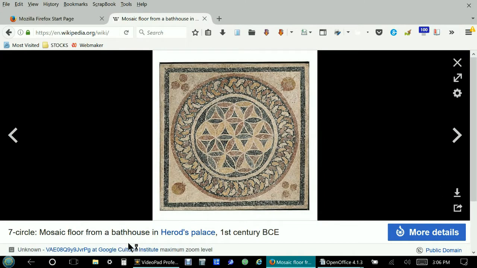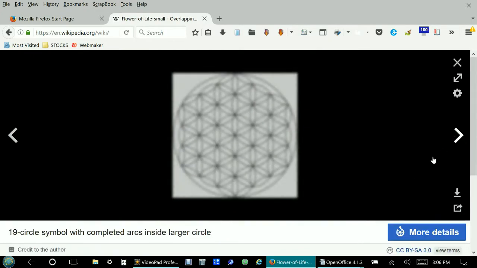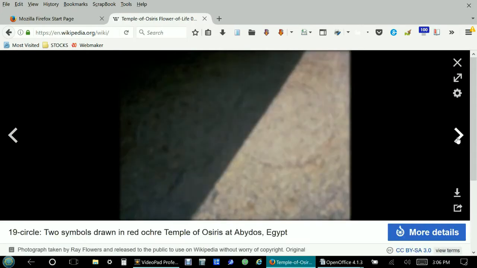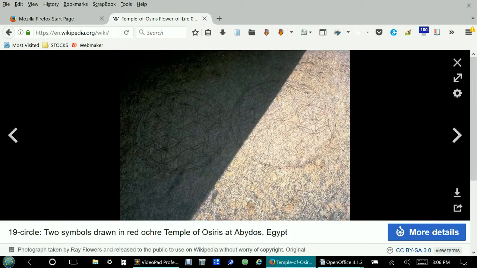And here's a mosaic floor in the bathhouse of Herod's palace, 1st century BCE. You see the pattern of the 19 circles continue as it is seen in the red ochre temple of Osiris at Abydos. It's a 19-circle flower of life etched into